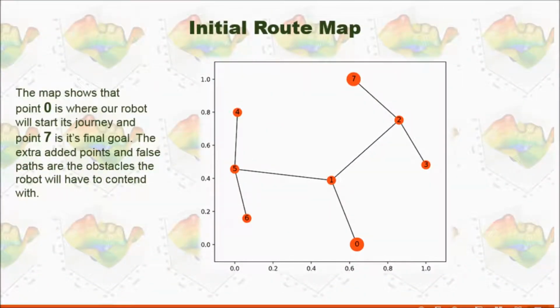Now, let's take a look at the example I'm going to use in this video. We have a map here. The agent will start from point 0, and his goal is to go to point 7. As a human being, it's easy for us to figure out, okay, we should go from 0 to 1 and then to 2, and then to 7. Then how does a machine or a computer figure out those steps?